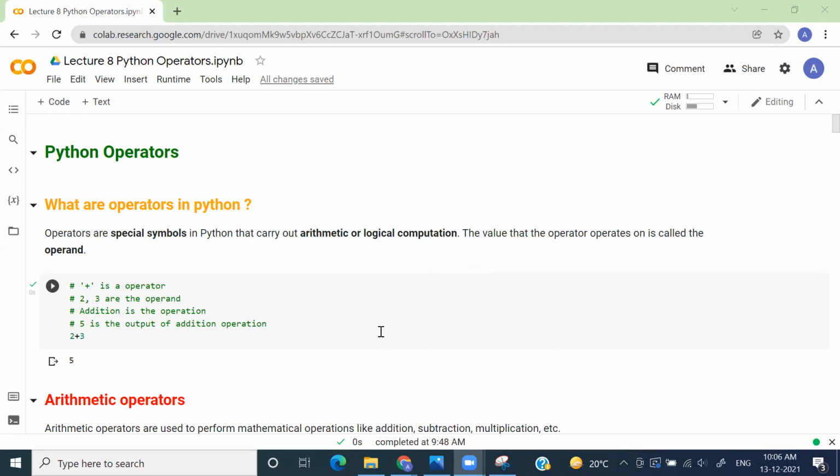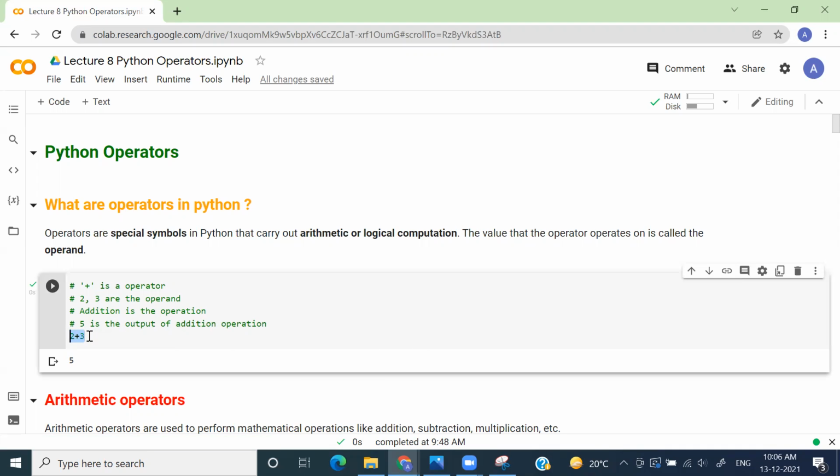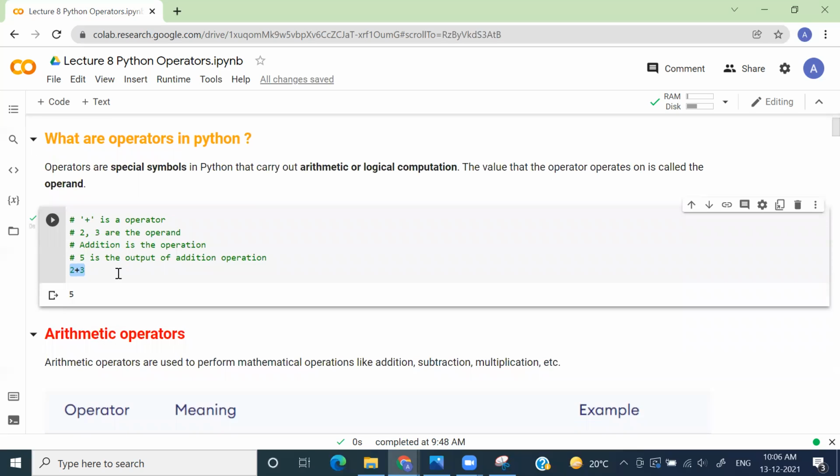So this will get clear with this example. Let's say I have this expression, so this is called an arithmetic expression, right? Here, if you see, there are two components in this expression. One is 2 and 3, which are called operands, and this plus symbol you are seeing is called the operator. So this plus operator is telling Python that you have to perform an addition operation between these two operands.